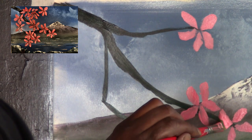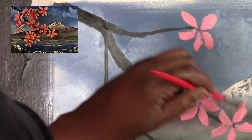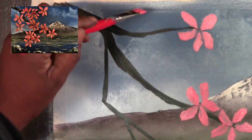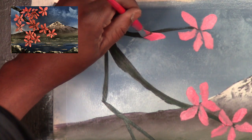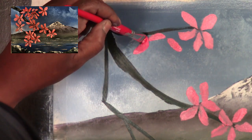3, 4. I'll put the fifth one down here, wide, and it kind of narrows right in like that. Getting some more red, a little white, thick paint, a little bit of water just to loosen up this paint just a little bit. I use Grumbacher paint, so thick paint. We'll put one to the side like this, and then we'll go out like that, out like that, and then we'll put